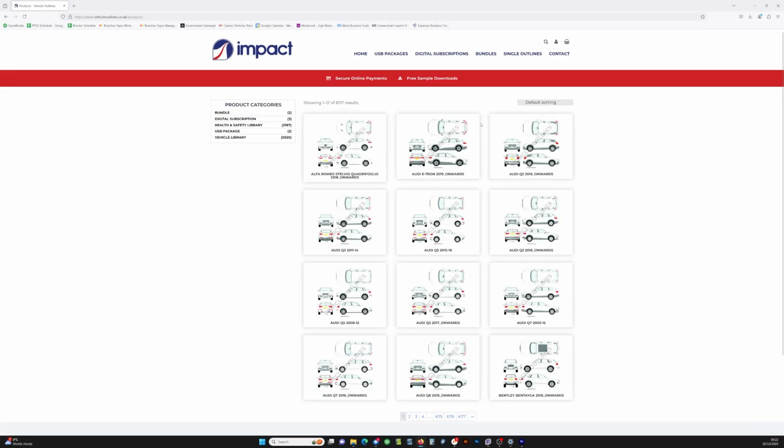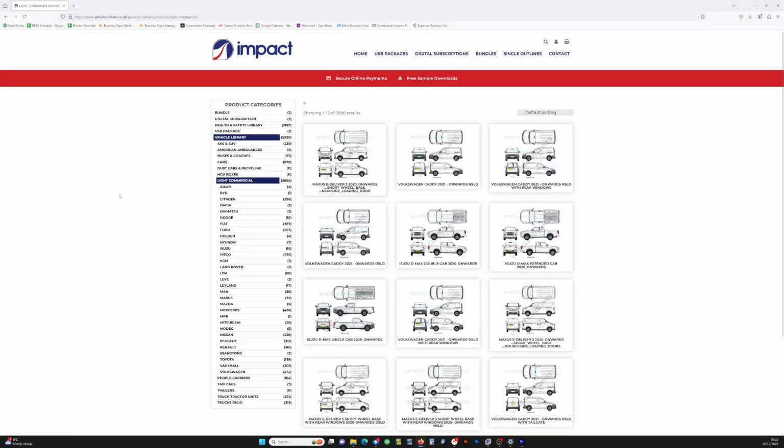and then we can go and find our vehicle in the vehicle library. It's important that we know which vehicle we require. There's lots of variations on some of the vans, Ford Transits and Mercedes Sprinters and Vitos. There's hundreds of options. The main things to look out for are the height and length of the vehicle,